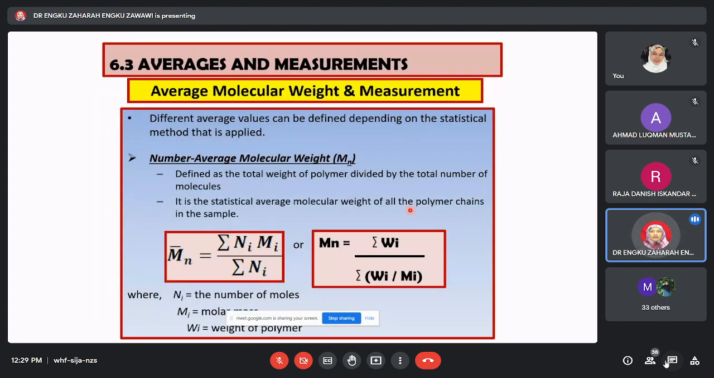Good. Average molecular weight and measurement, different average values can be defined depending on the statistical method. Okay. Kalau number average molecular weight, Mn, defined as the total weight of polymer divided by the total number of molecules. So yang ni lah kalau kita ada tadi several number of molecule polymer tadi, chain dia N1, N2 and N3 and so on. Okay, so kita ada macam ni Ni lah. So N1, N2, Ni lah normally kita represent, and then we have also